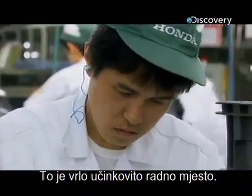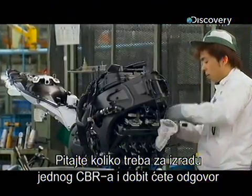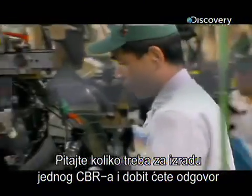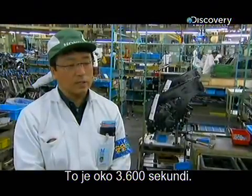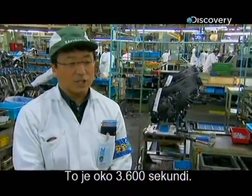It is a very efficient workplace. Ask how long it takes to build one CBR, and the answer is virtually right down to the second. 約ですね、3600秒です。1時間ですね。